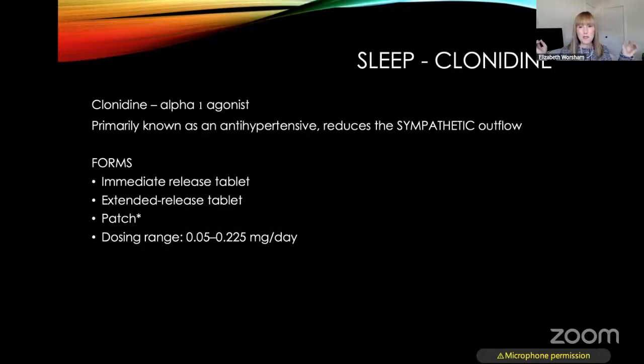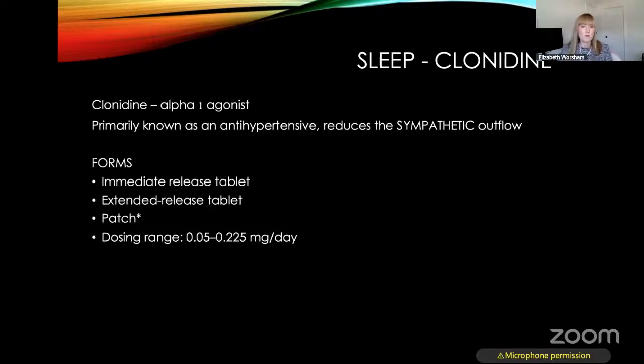If someone came into this room that everybody's in and dumped a pile of snakes, or if I saw a snake in this room right now, my sympathetic outflow would go through the roof, meaning my heart would race, I'd start sweating, I'd be fearful, my eyes would be dilated, I would be breathing hard, I would hightail it out of this room so fast. That's your sympathetic outflow. And so clonidine reduces that.